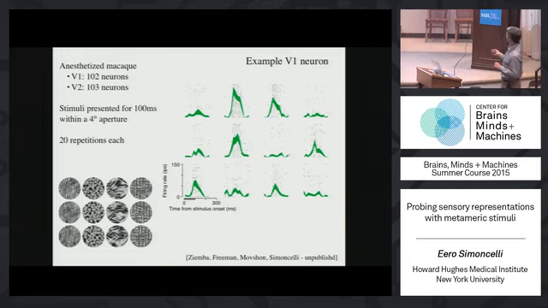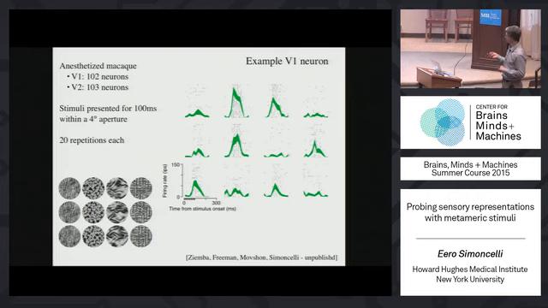And so here's an example. These are responses laid out for these 12 stimuli. And what you can see is that this is a V1 neuron, a typical V1 neuron. You can see that the neuron actually responds with a fair amount of variety in these columns. That is, for different exemplars from the same family, there's some variety. High response here, medium response here, very low response here. And this is for these 3 images, which to us look basically the same. Okay, so this cell would not be very good at separating out or helping in the process of recognizing which kind of texture you were looking at,